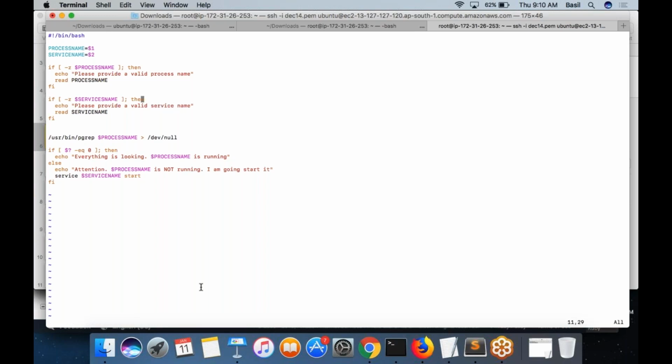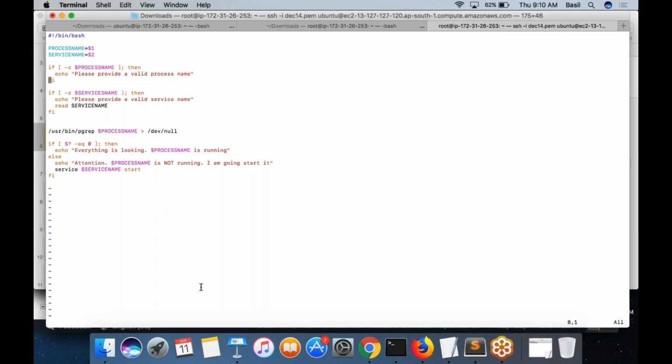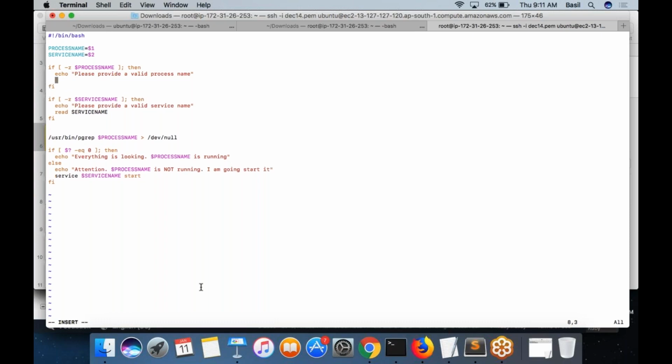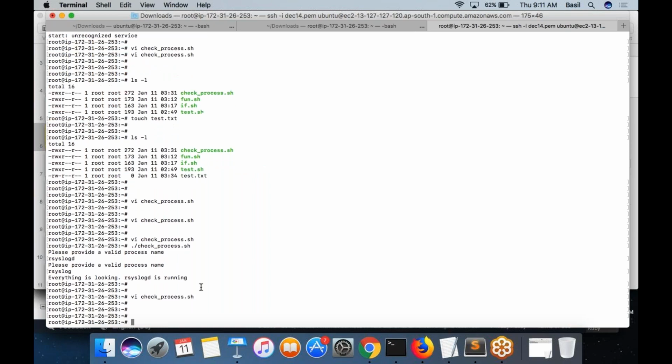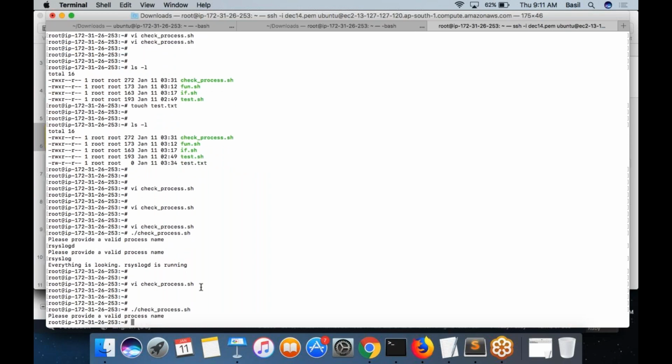Or let's say your intention is you don't really want to wait for the user input. You just want to exit. As soon as you find that the values are null, there's an exit command you can use. Simply run the exit command. It will stop the execution. So now let's say I execute this script without providing any arguments.